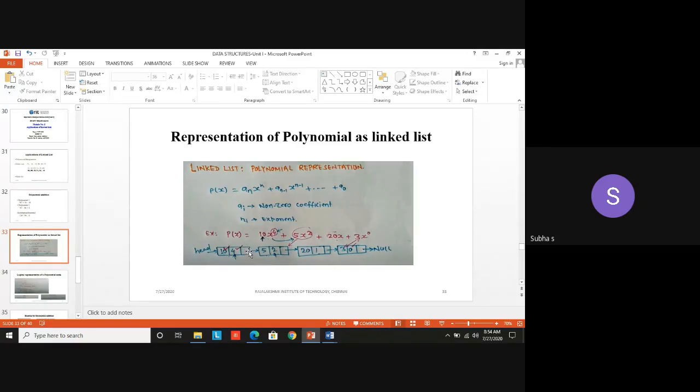You can have it like this also for a node, but there must be a pointer. Then only it will point to the next node. Then the second node should have a pointer too. You can have any number of data parts, but the address field is most important. That address field should point to whom? Should point to the next node. Those who are not at all aware of linked lists, if you listen to these classes carefully, you'll be able to follow very easily. Don't think that as we are from the biology stream, we are not able to understand.